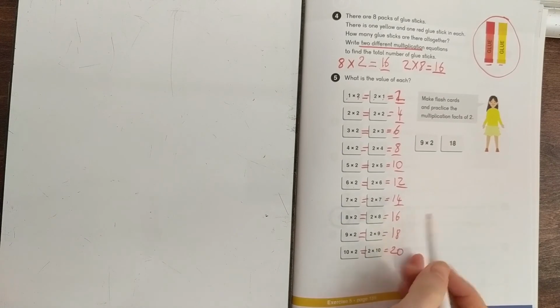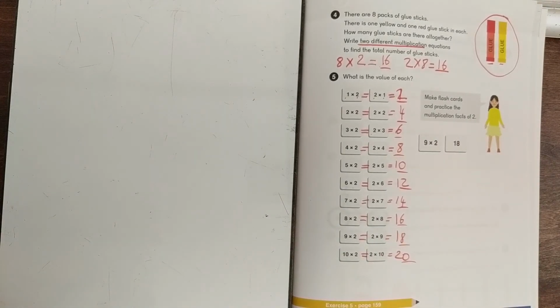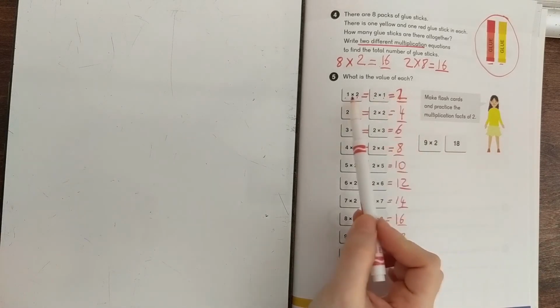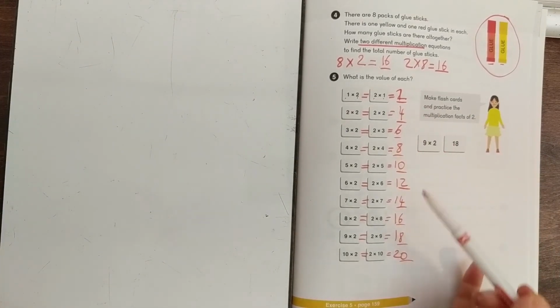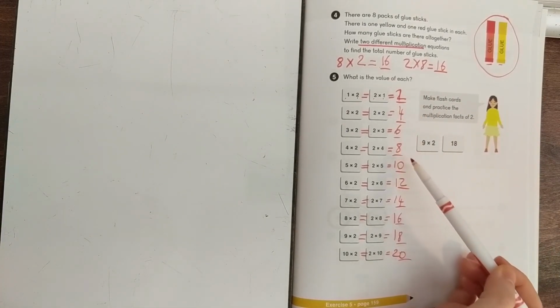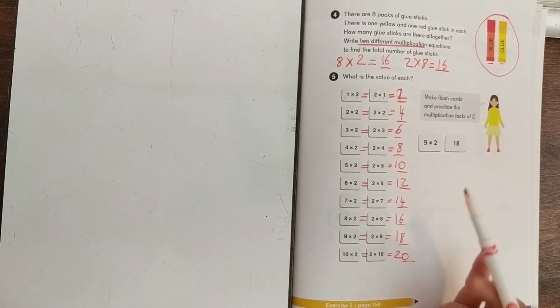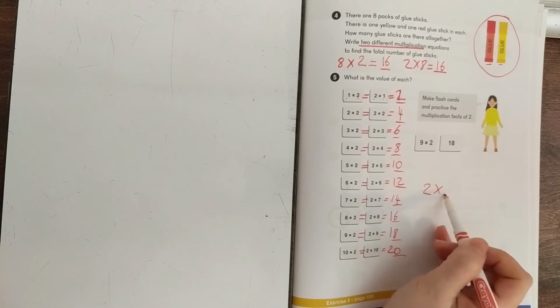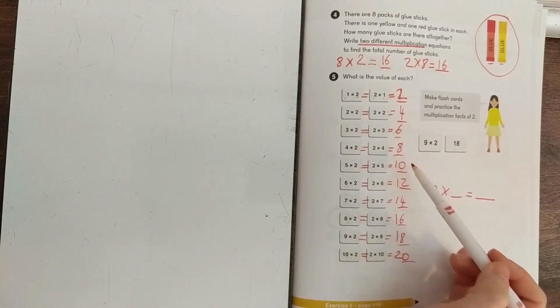If we were looking for the products of 5, now we're going to see if we can find any patterns for the products of 2. Remember, product is the answer to any multiplication problem. What do you notice in the ones place? 2, 4, 6, 8, 0. That means any product of 2, the answer will have either a 2, 4, 6, 8, or a 0 in